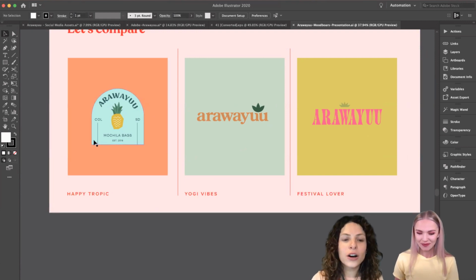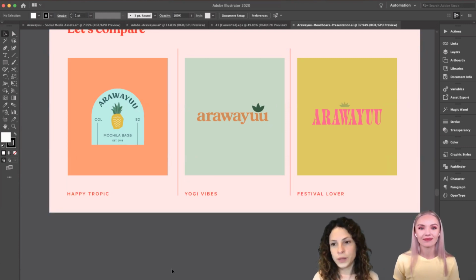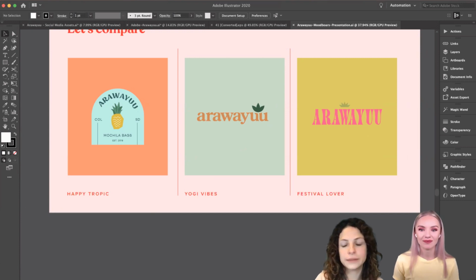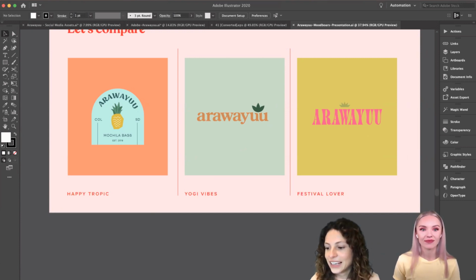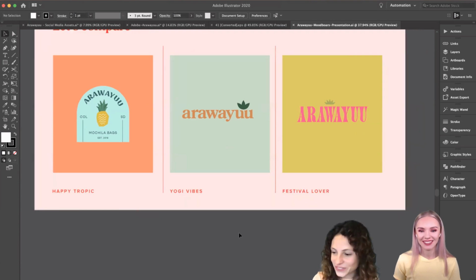Yeah, no, for this logo, the pineapple one, I think that's one of the logos that you would definitely need different versions of, because this wouldn't work in a lot of settings. Yeah. Okay, so